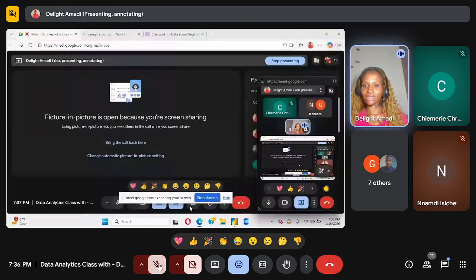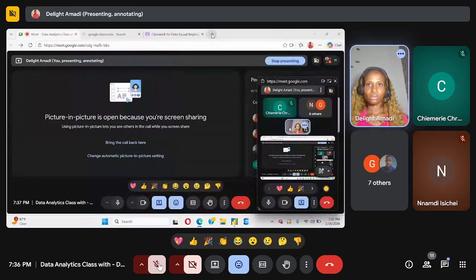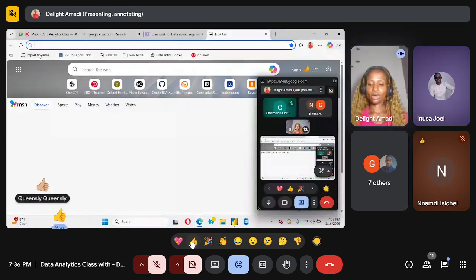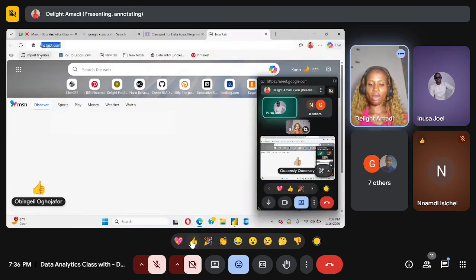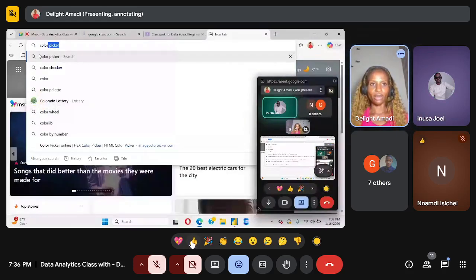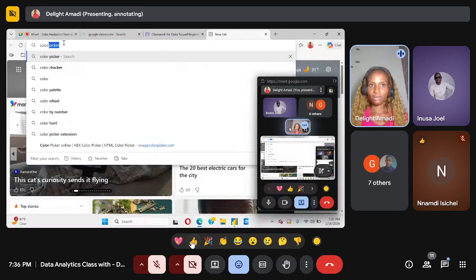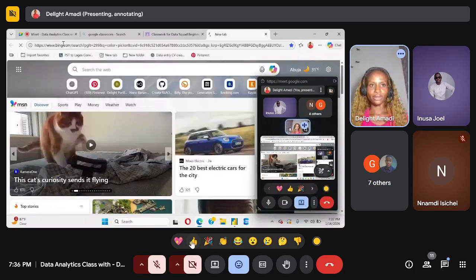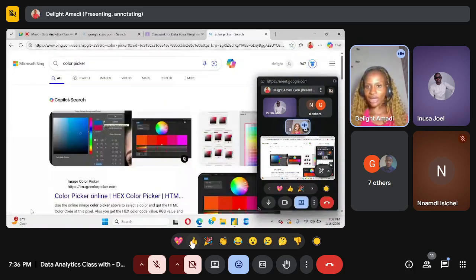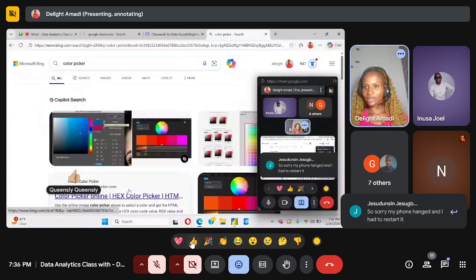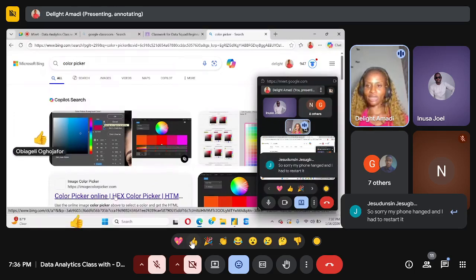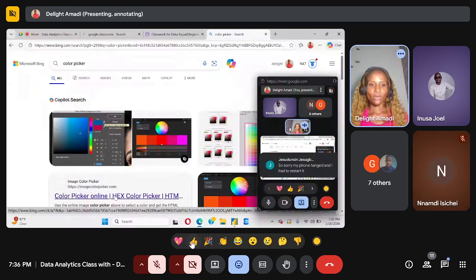Okay, you can see my screen now, right? Yep. Good. So color picker. Now you can see it, right? You can see it. All right. Just don't worry. Just follow. I will explain it again. Good. Now